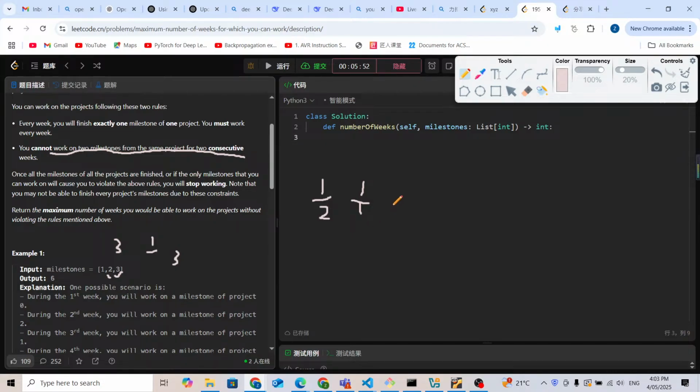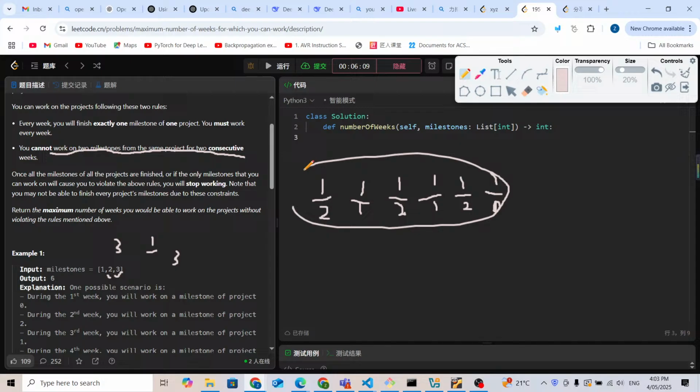Then it may be index 2 and index 1, then index 2 for one project, and index 0 for the last project. So in total there are going to be 6 weeks. So this is just index 2, index 1, index 2, index 1, index 2, index 0.